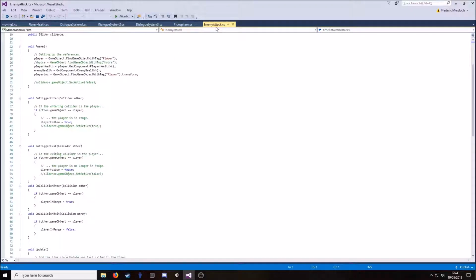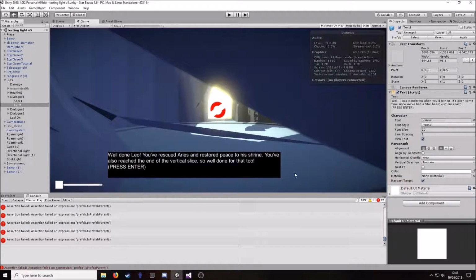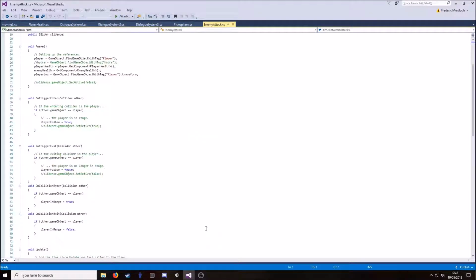And then finally, what was it called? The slider, the health bar slider for the AI. Because the player has one, if we go in the game, it's got one there. But the AI, as you recall, used to have one in the previous update. So now that